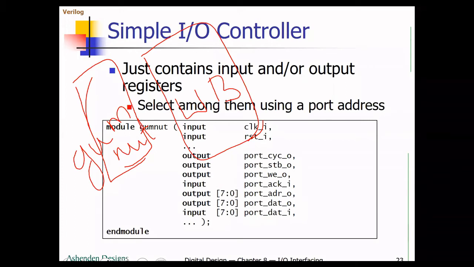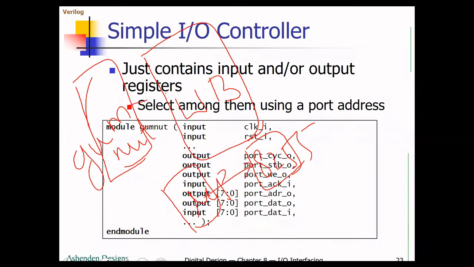Like off-chip, your microprocessor is connected to an 8255 IC. This is off chip, in the sense that it is separately connected. Here these are connected internally. In the GUMNet processor, you will have Wishbone signals, WB signals. That's how you are going to connect it. So what is Wishbone? We'll see slowly, one by one.